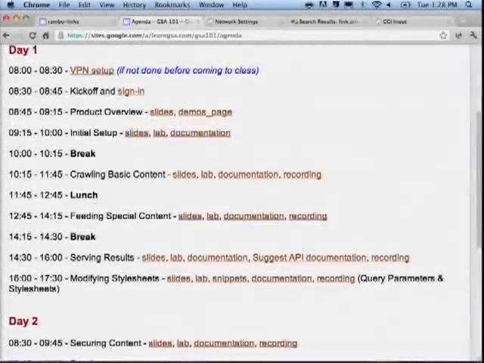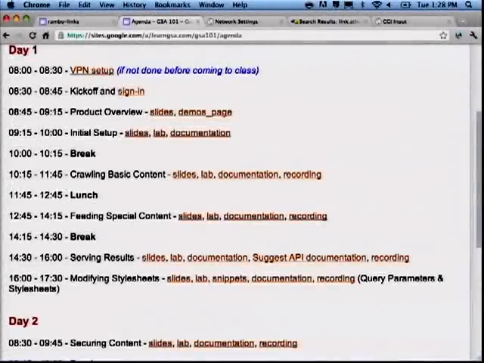The next thing I want to do is go into feeding special content. Now, we're kind of ignoring the user interface for right now. Usually we used to go crawl and then serve and show the serve results, and you could build different front ends, which are different user interfaces for different user groups. There you could turn on different features. You could specify which URLs are included in those search results. You could specify some additional content to put in. But what we're going to do is focus in on feeding the special content to round out